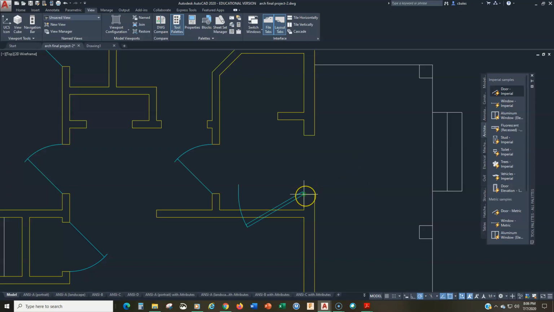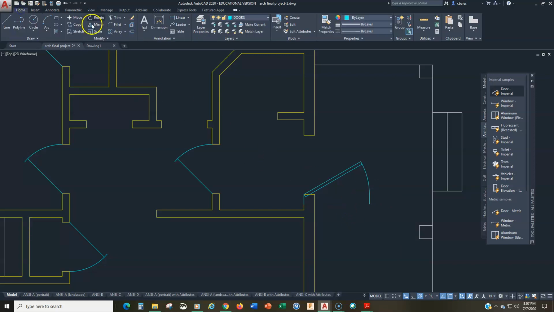So the first thing I want to do is attach the hinge. So I click and attach the hinge. Okay, it goes back to its horizontal layout. Now I want to rotate it. So I can use the rotate command up here,